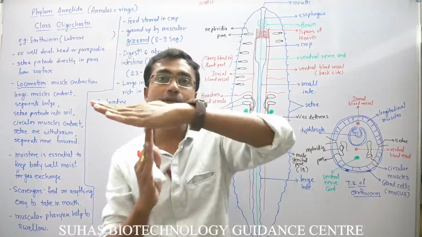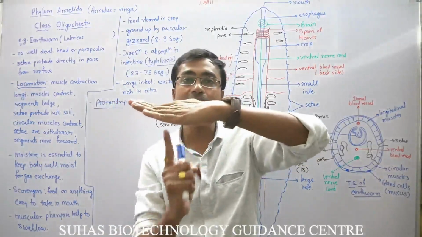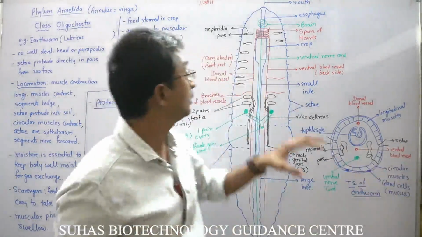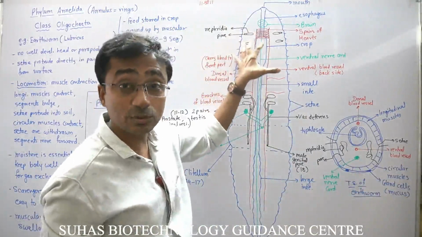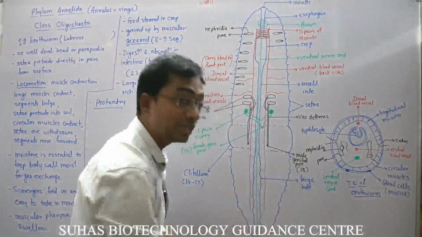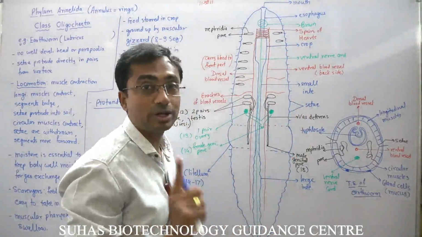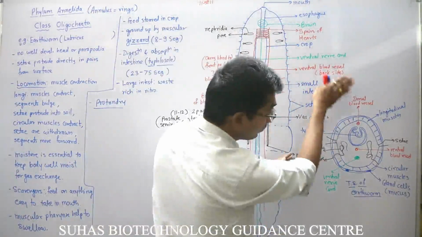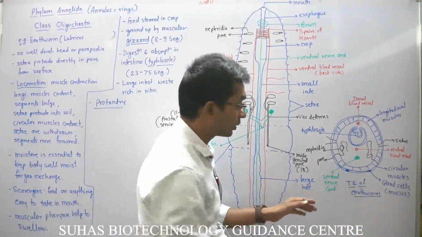So all the pores of nephridia in each and every segment will open on the lower side, and through the pores the wastage is released outside. Nephridia and nephridial pores are present throughout each and every segment of their body. And now you can see in the TS, that is the transverse section of earthworm,